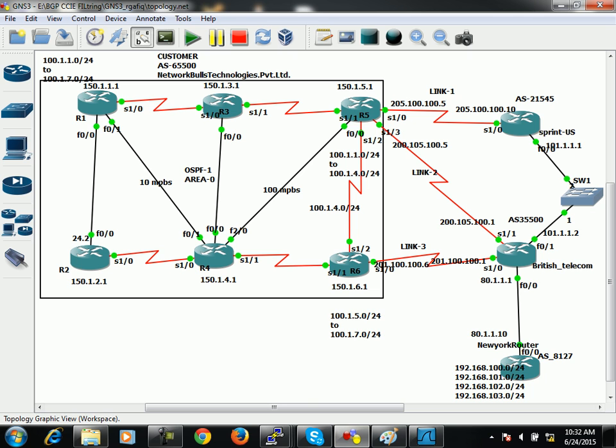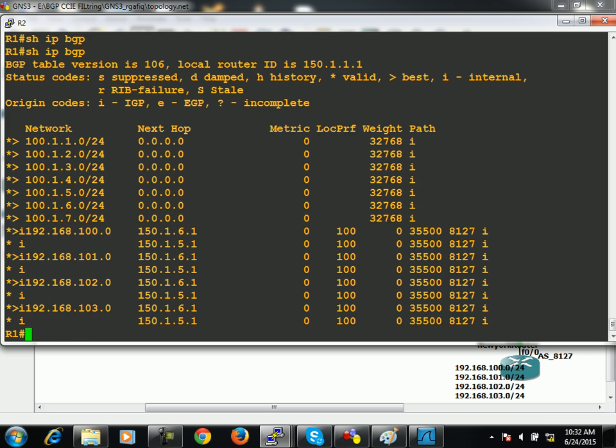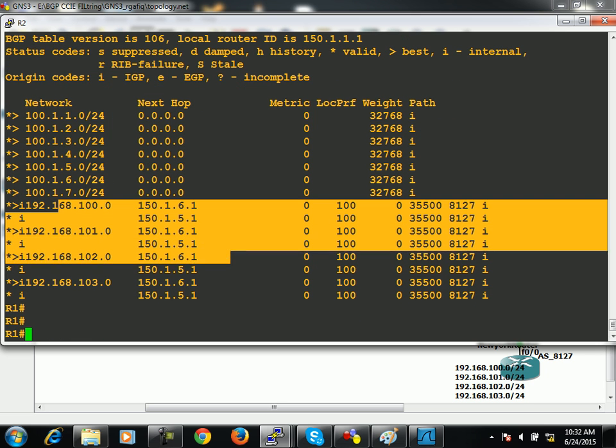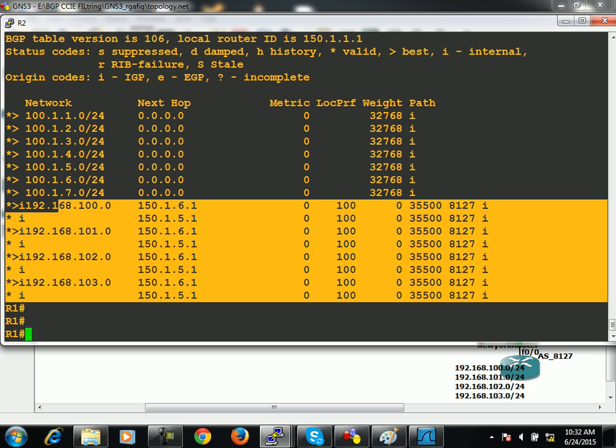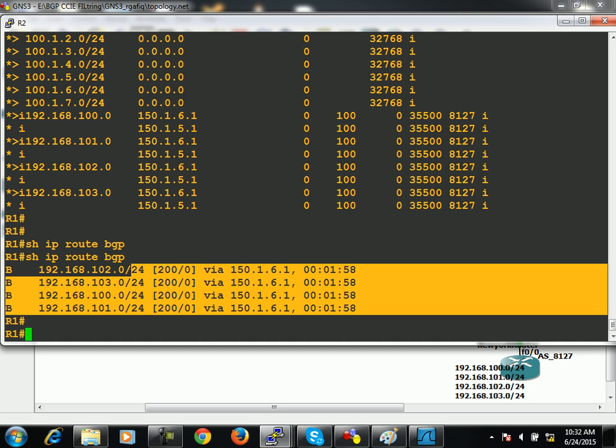Let's talk about equal cost load balancing in BGP. BGP also supports load balancing, but by default maximum path is configured as 1. If you move on R1, right now its best path is via R5 only, and if you check its routing table as well, show IP route BGP, its best path is via R6 only based on router ID, because this time R6 has the lower one, and this